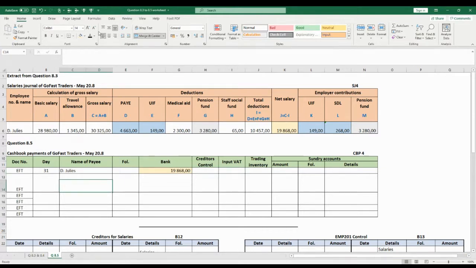Then the next person we would generally pay, let me just unhide it here, is SARS. Now for SARS, we will pay your PAYE, UIF as well as SDL. So any types of taxes will be paid over to SARS. Now that would mean